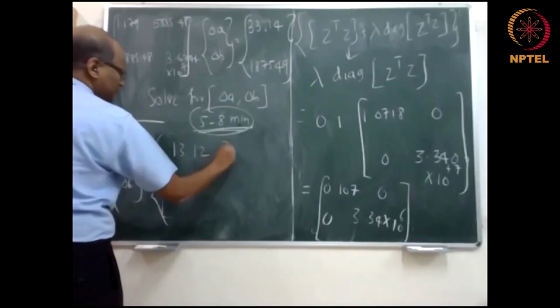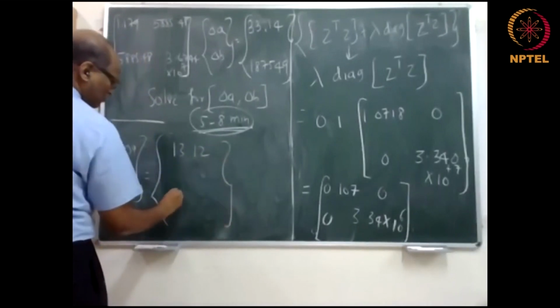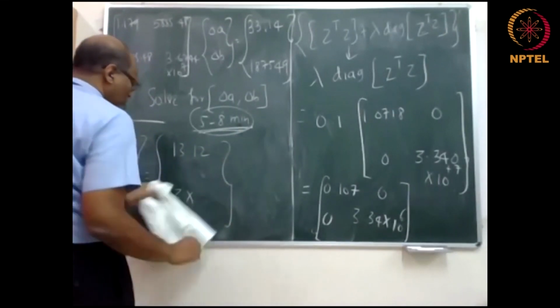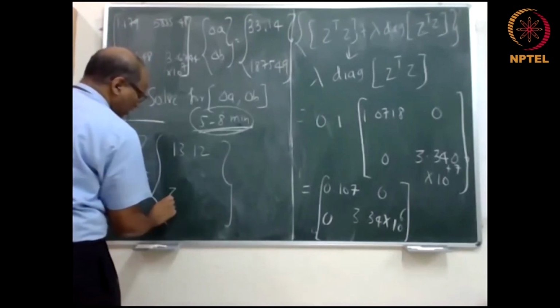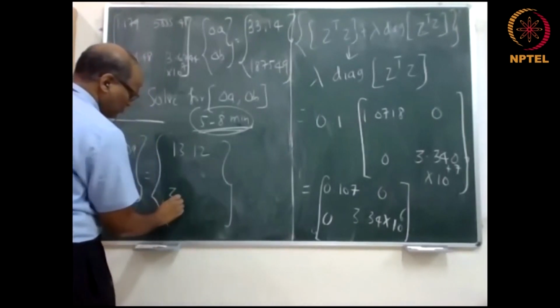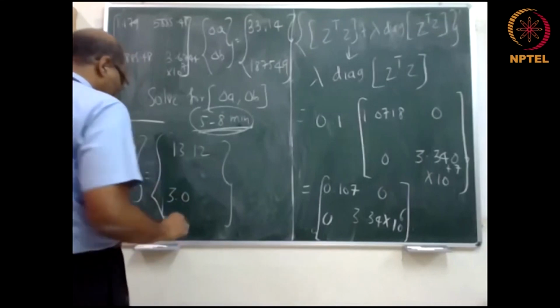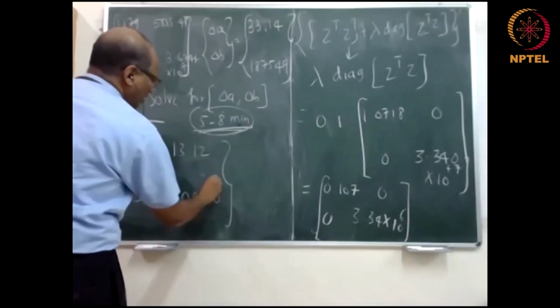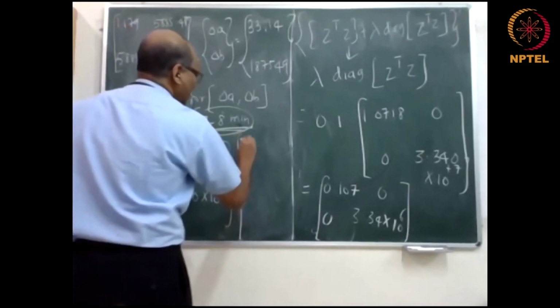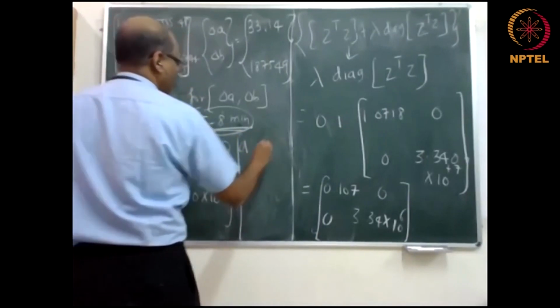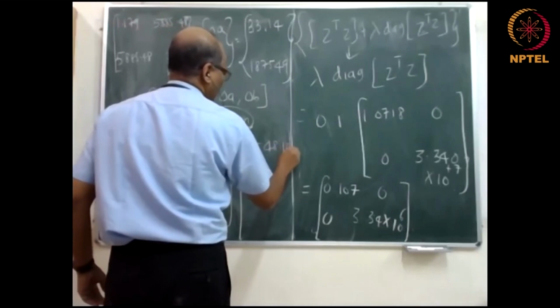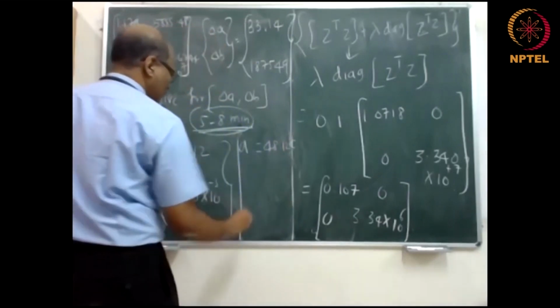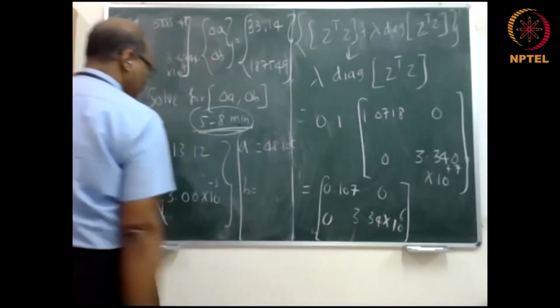And B? 3 into 10 to the power minus 3. But put at least some 3 point. It's 3.0012. Okay, sorry, into 10 to the power minus 3. So that means A is now 48. B is